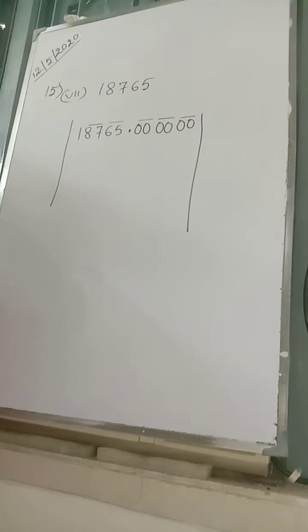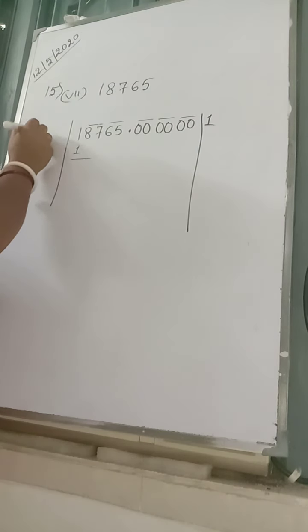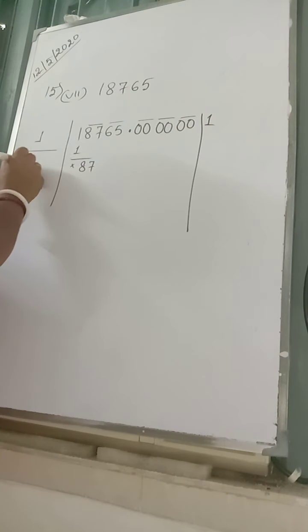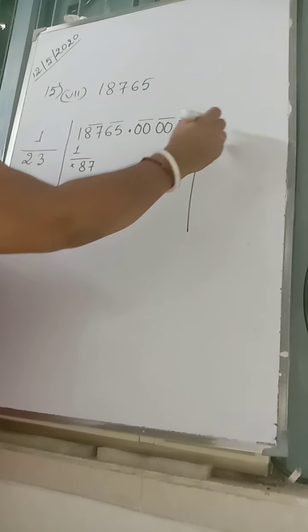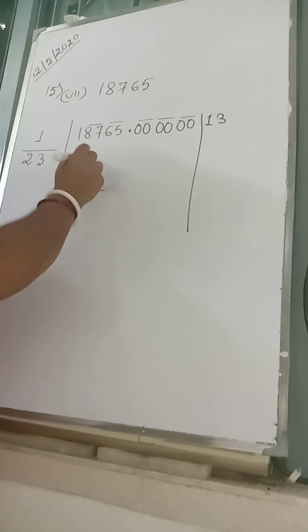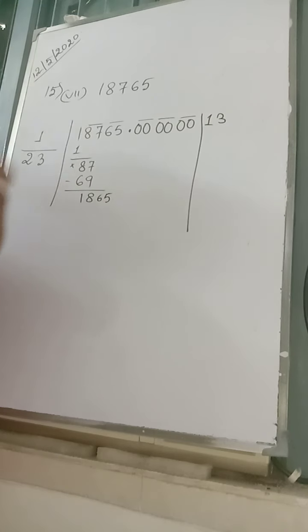I have told you, if it is unpaired, let it be in the beginning. So this gives you 1. 1 one is 1. 87 is coming down. 1's double is 2. 2 3's are 6, so we'll give 3. 3 3's are 9. 3 2's are 6. 8 18. Then we have 6 5, 26. Hide 1, hide 2.